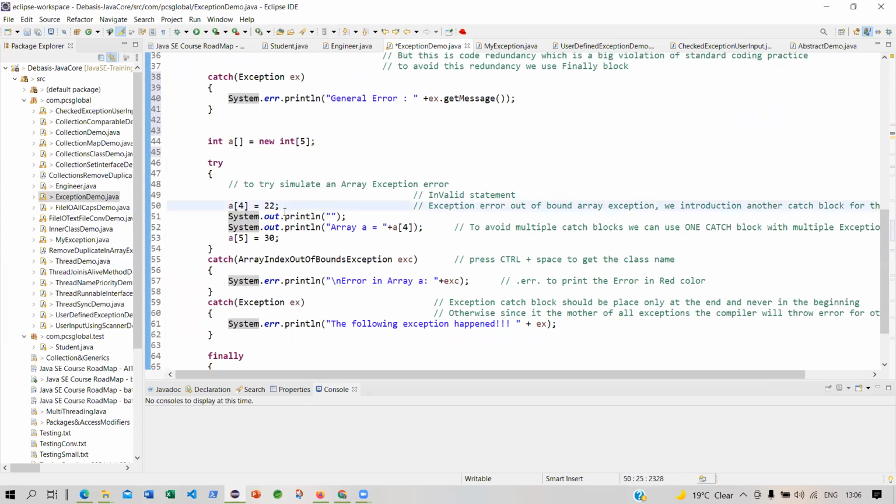But here there is no error. Okay, you are printing, so it will naturally come down here. It will print a blank line, and then after that it will print an array A equal to, you are printing that element. What are you going to print? 22. Fine. Now I am introducing an error,